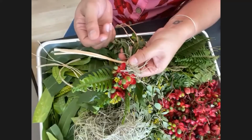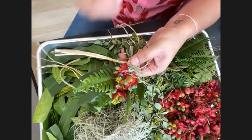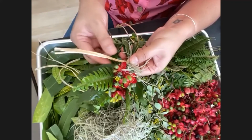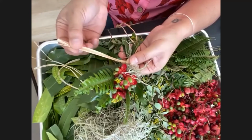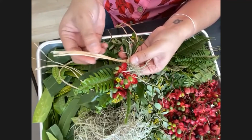If you don't get this way, don't get discouraged. We're going to keep going and keep adding in more wrapping cords as we go along. So I'm going to keep doing it as we go along. Okay, so what you're going to do with this short wrapping cord that you have left is you're going to